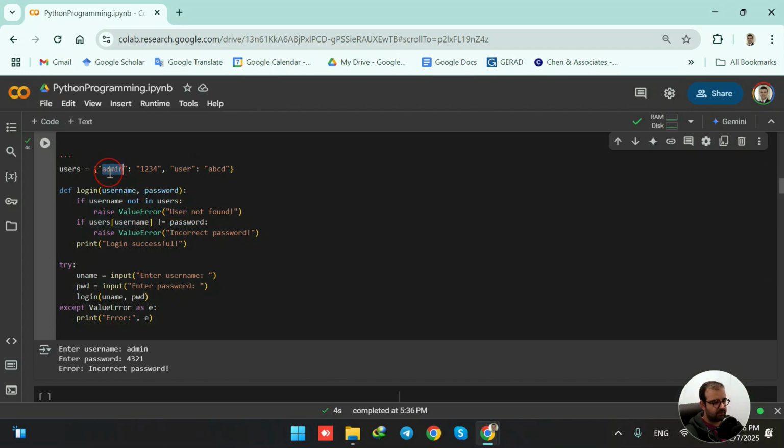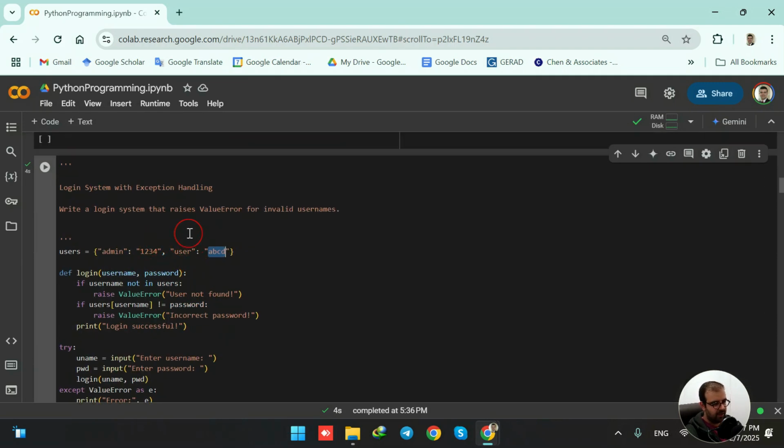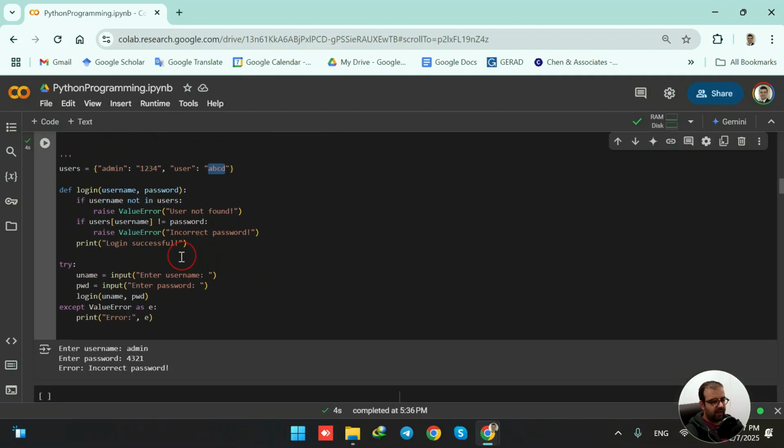And the password of admin is 1234, and the password of the user is ABCD. So we have two usernames, admin and user, and two corresponding passwords respectively. Anything that is not inside this dictionary is a wrong username or password. If the user enters one of these usernames and the corresponding password, they're going to have